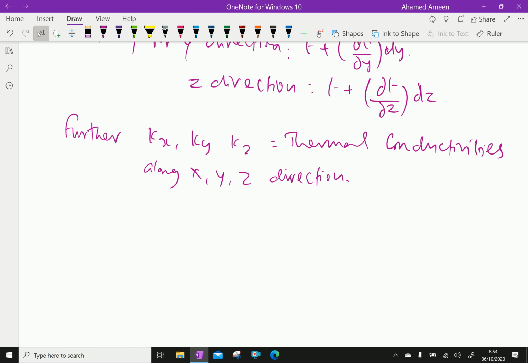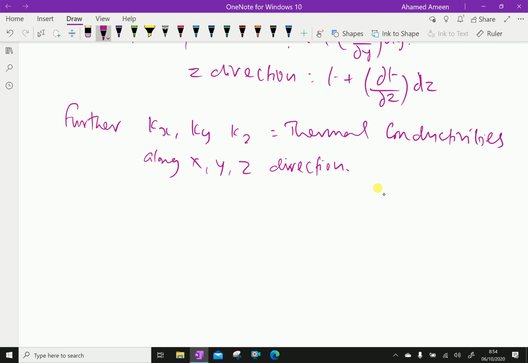Now if the directional characteristics of a material are equal, it is called an isotropic material, and if they are unequal, it is called an anisotropic material. For isotropic material, let